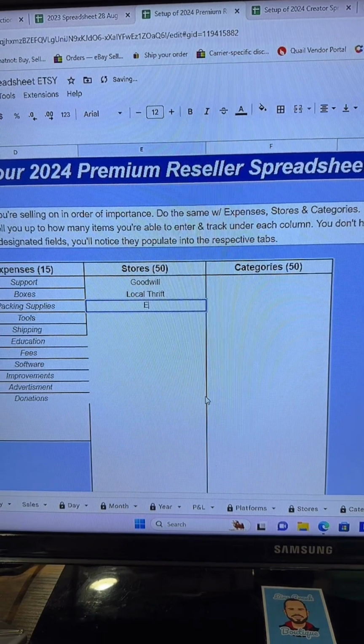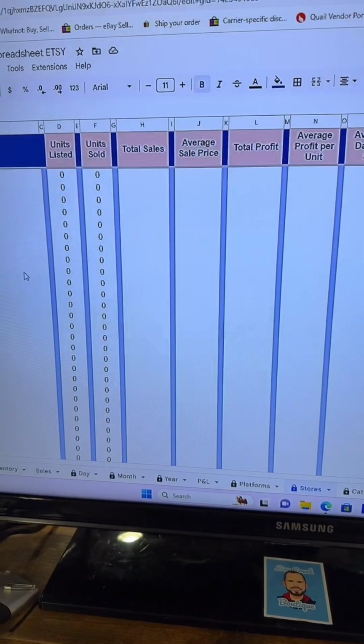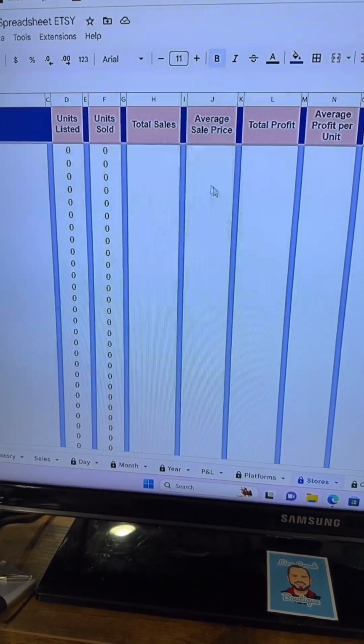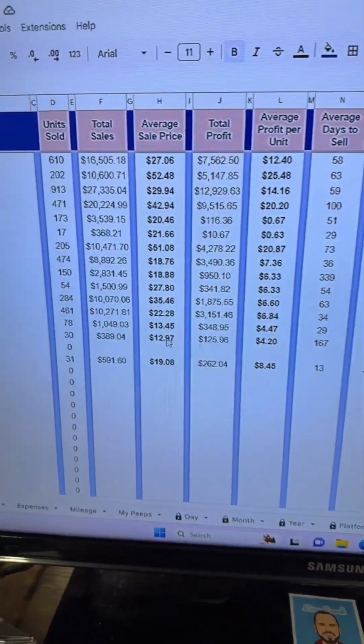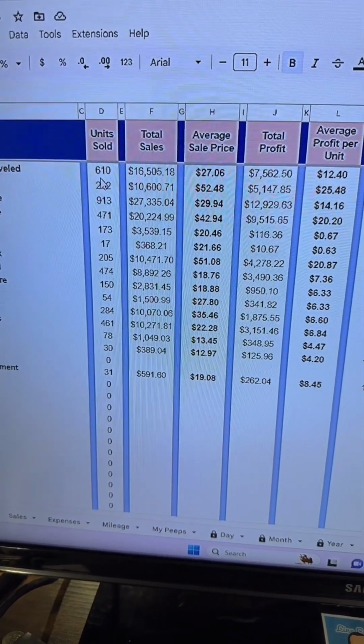Maybe we shop at estate sales, garage sales. Which is going to start showing you the breakdown of where you buy things and what they sell for. If you haven't seen this tab, I'll show it to you on my current sheet. It's going to break it down. So you can see from this first store,